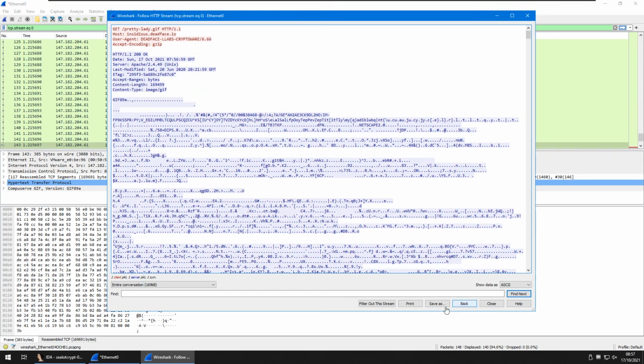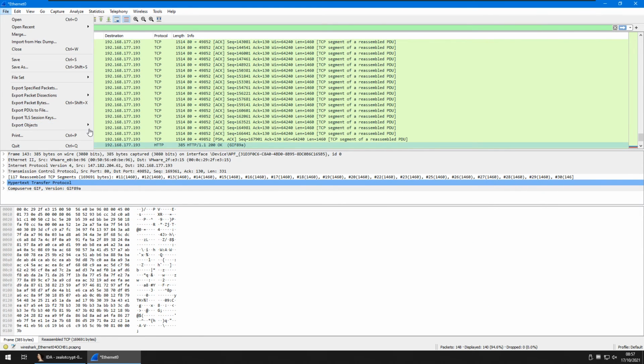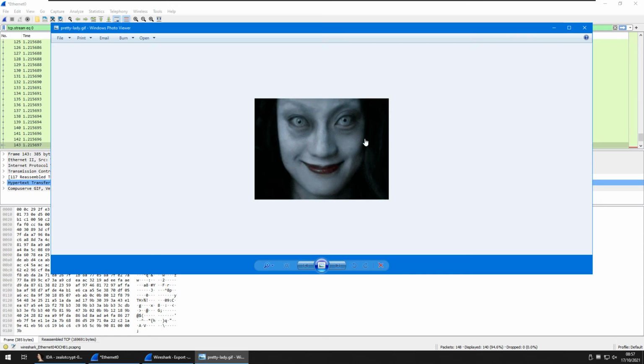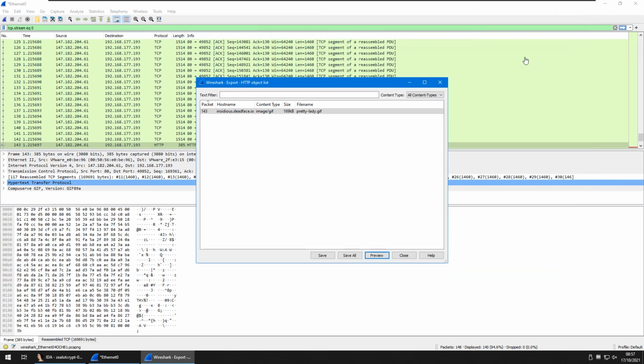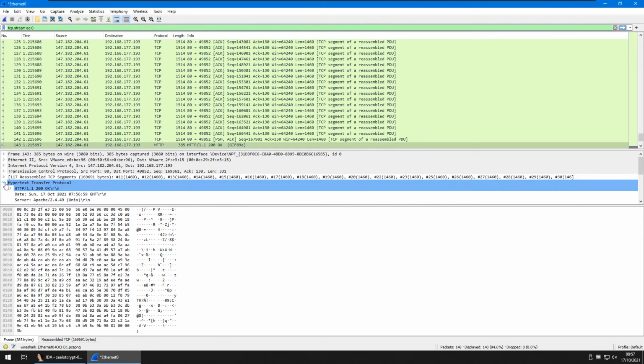We can save as, let's go and file export instead, export HTTP. We have this image called prettylady.gif. We can preview it, we can save it, and this is the image. So I downloaded this and I took a SHA-512 sum of this and tried to use that. Thought we'd be able to use that to decrypt, but